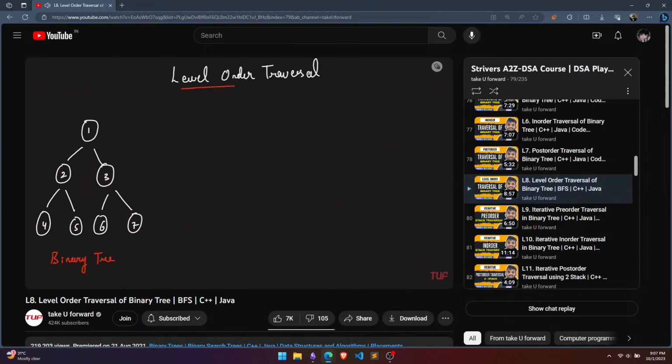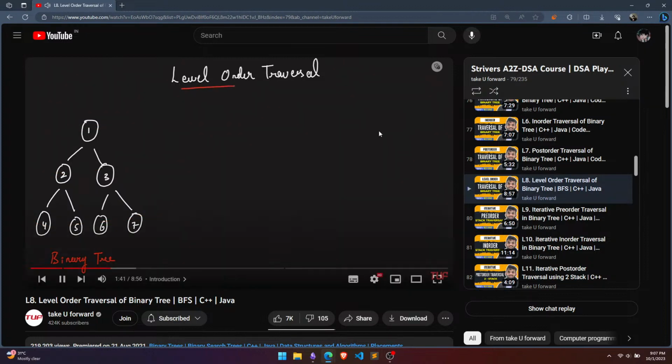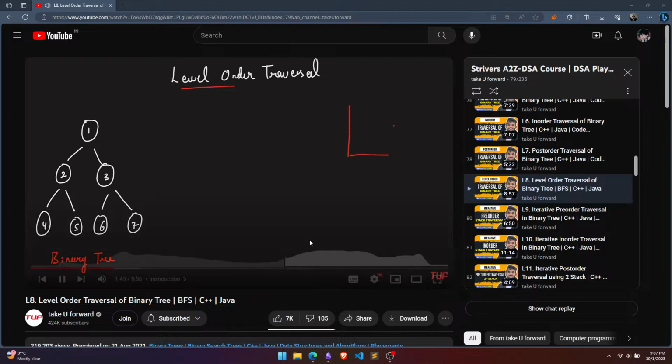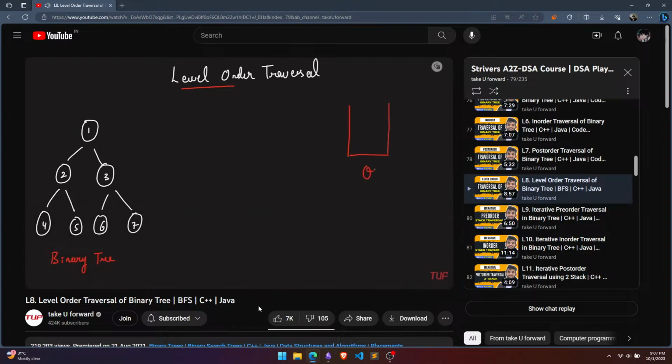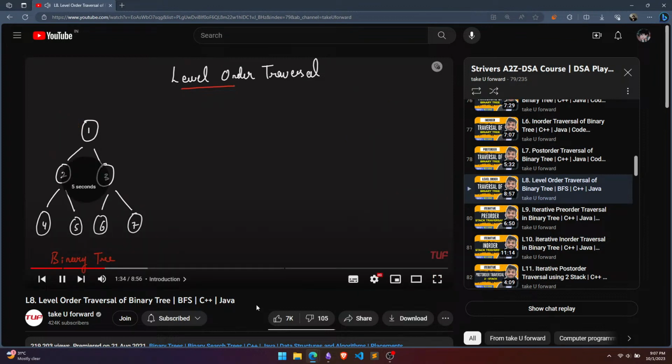So in order to print the level order traversal level wise, what we require initially is a queue data structure. Okay, so let's define a queue data structure. Now this queue will be initially having the root of the tree, that's 1. Now in order to store the traversal level wise,